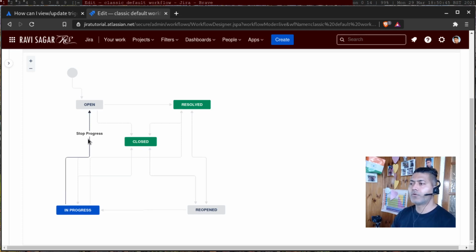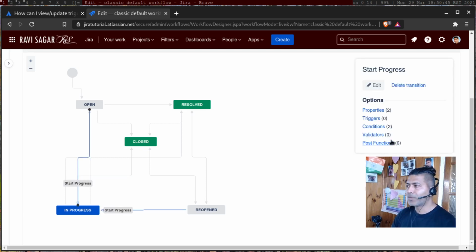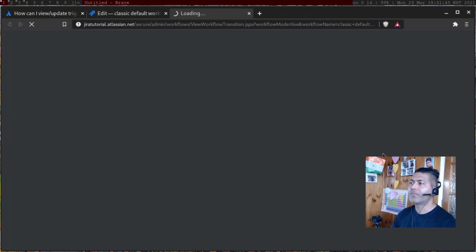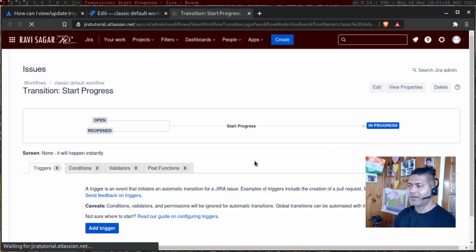So let us say you want to go from open to in progress. So this is the transition. If you click on this arrow, you can see the different options like triggers, conditions, validators, and post functions. So talking about triggers,